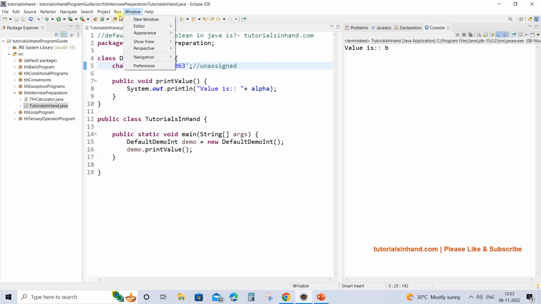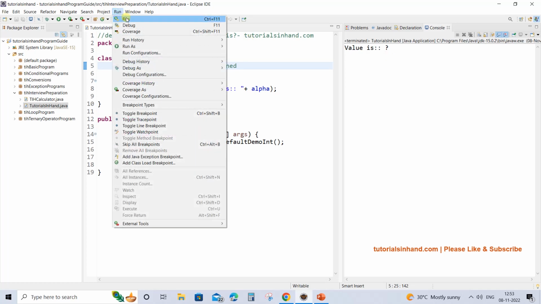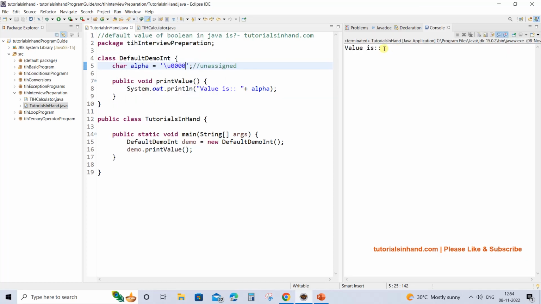So these are the values which a character variable may possess. We can go on increasing this, something like 95, and you will have some values related to it. So when no value is assigned to this character variable, this null character is assigned to it, and that is why you get a blank space representing the null character getting printed. So this is the default value.